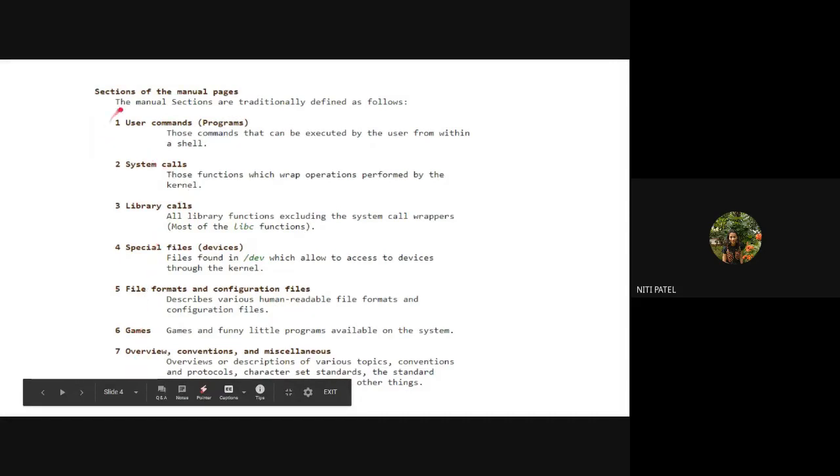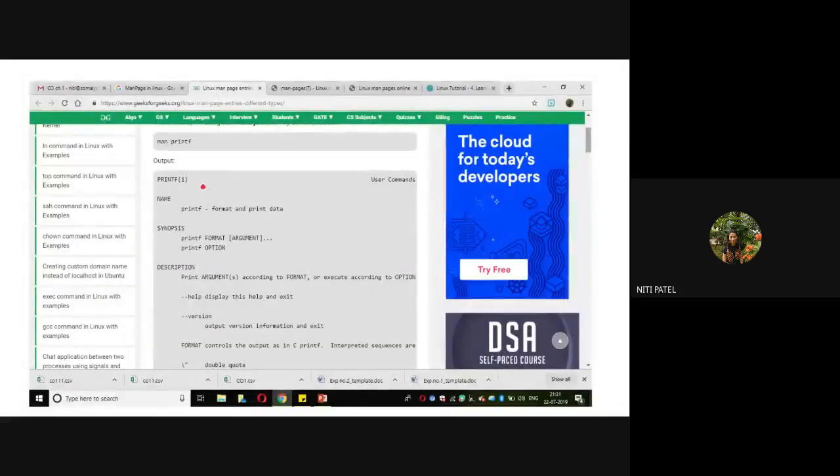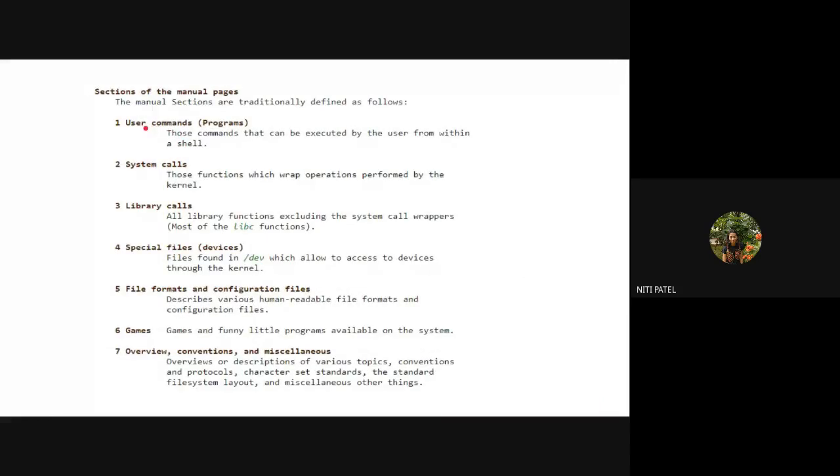Okay. Now what is user commands? Whatever we just saw over here, printf, this is what is a user command. So your manual page gives information about all the user commands that a user can type. So if I type a command called ls, if I write man space ls, it will give me the entire description of that ls command. Next, if I type man chmod, that is change mode, it will give me the entire description of the chmod command. So likewise, if a user types any command related to Linux, your manual page will give the description of that command typed by the user. So whatever commands a user types are categorized into the user commands.